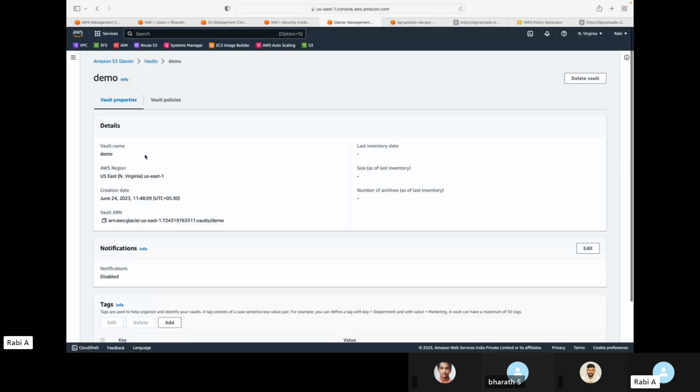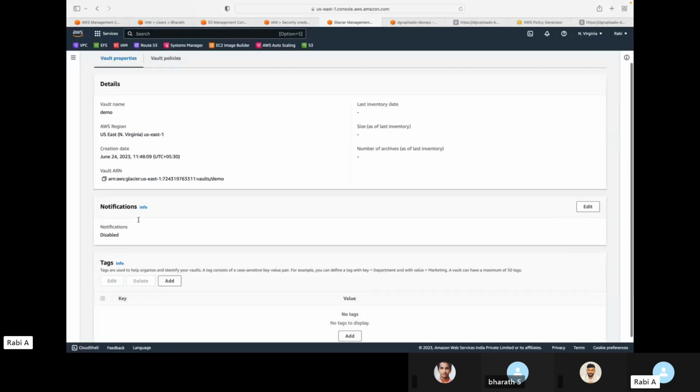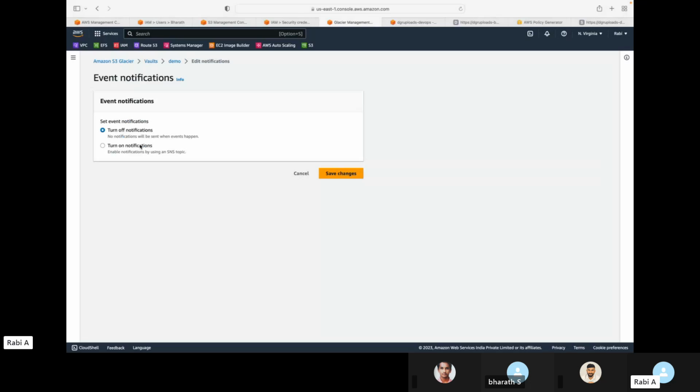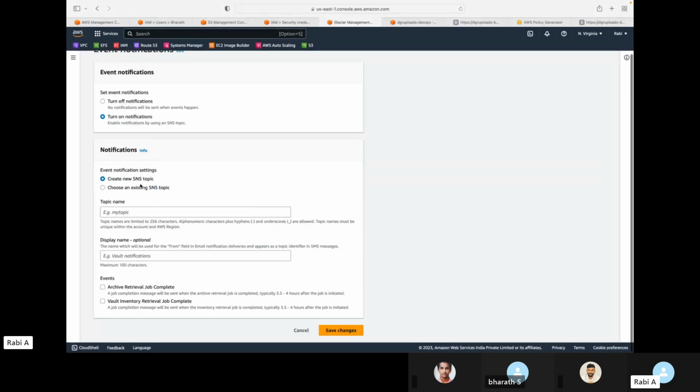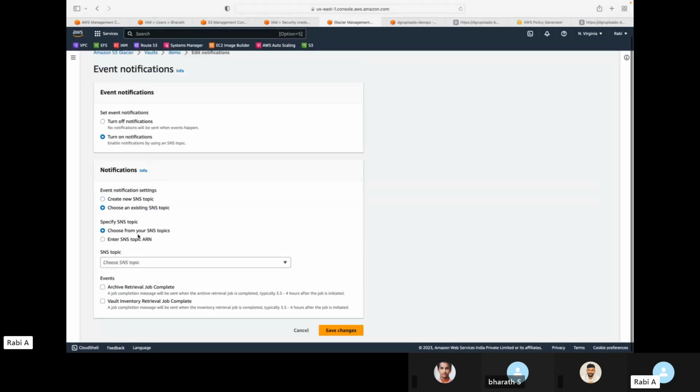So what's the name, in which region this is created, when this was created, and the ARN. And if you want to enable notifications, you can enable it, and then again you can make use of an existing topic, or you can create a new topic, and then here you should be able to see the topic that we have used in the last session. And then when do you want to